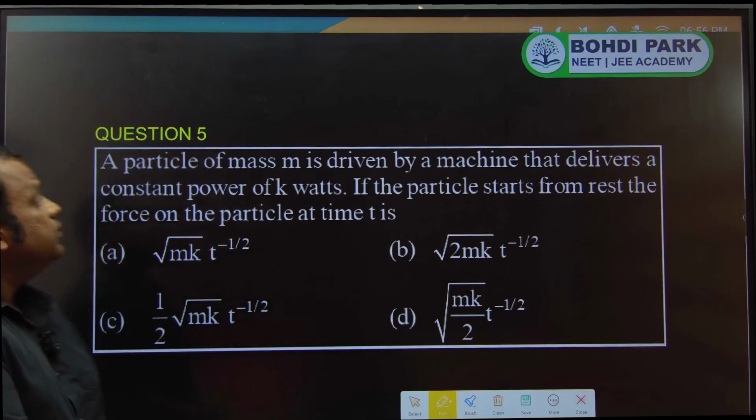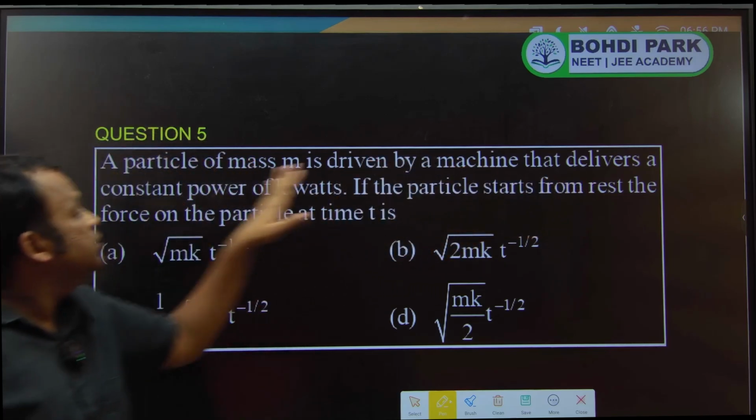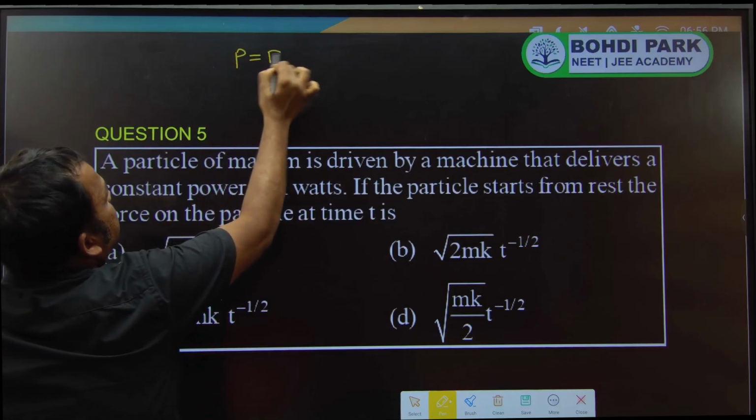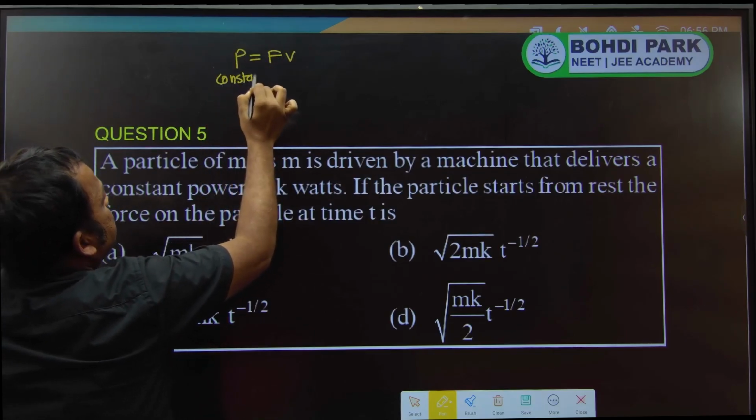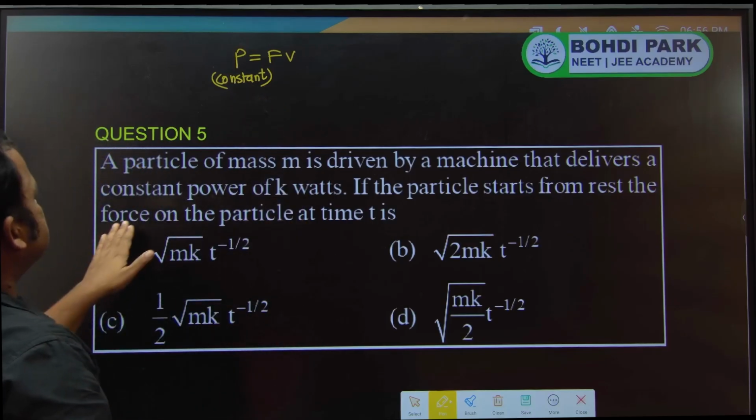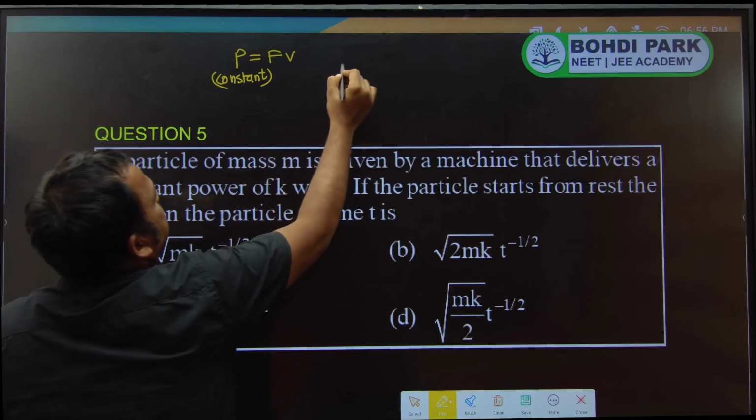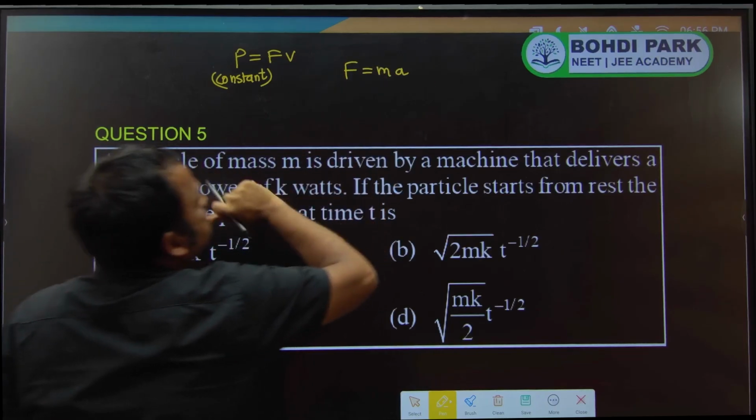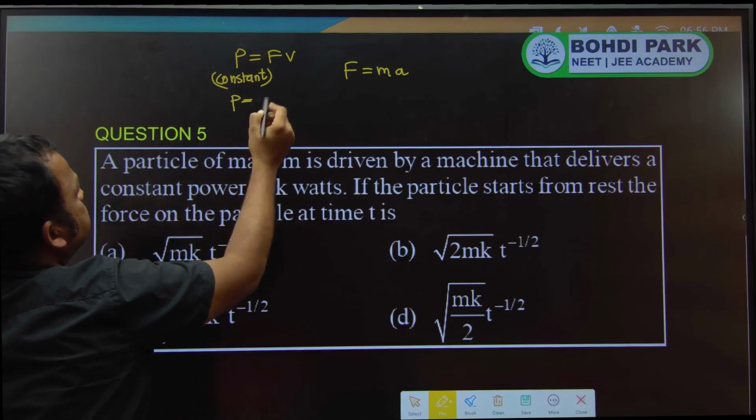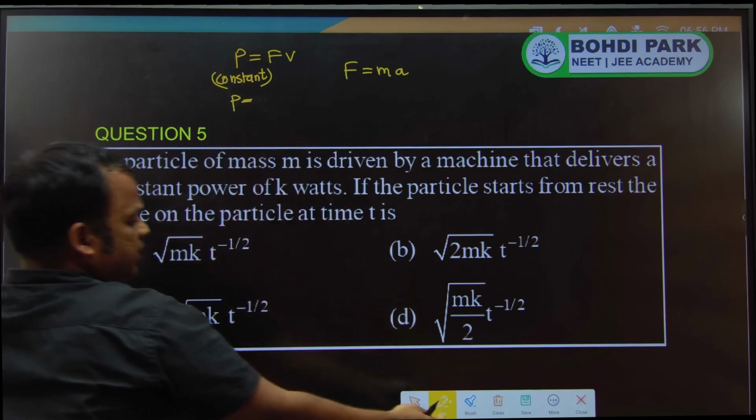In this question, a particle of mass is driven by a machine that delivers constant power. Again, this question is based on power, so we have power equal to F into V. Power is constant. If the particle starts from rest, what is the force on the particle at time t? So we have to find force. So F is equal to ma. Now first we will find V in terms of t. Constant power is given as K, so we will consider